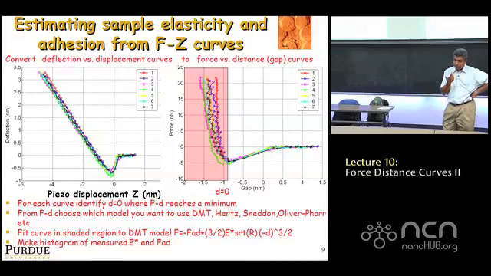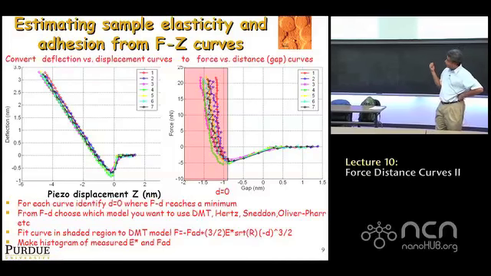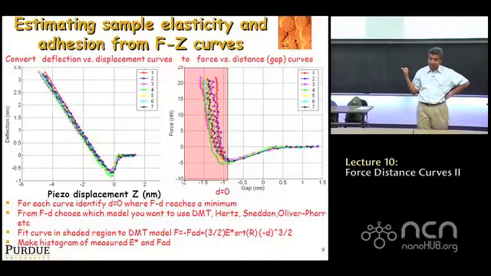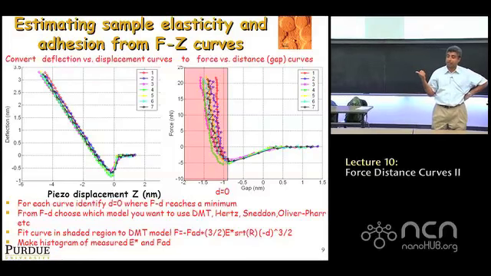So what do we do? Well, the most obvious thing that comes to mind for this particular sample would be something like the DMT contact mechanics model, which you have studied, which involves a Van der Waals 1 over d squared law up to a certain point, and when you touch the sample, it's like a Hertzian contact mechanics law, okay? So if that's what you would do,